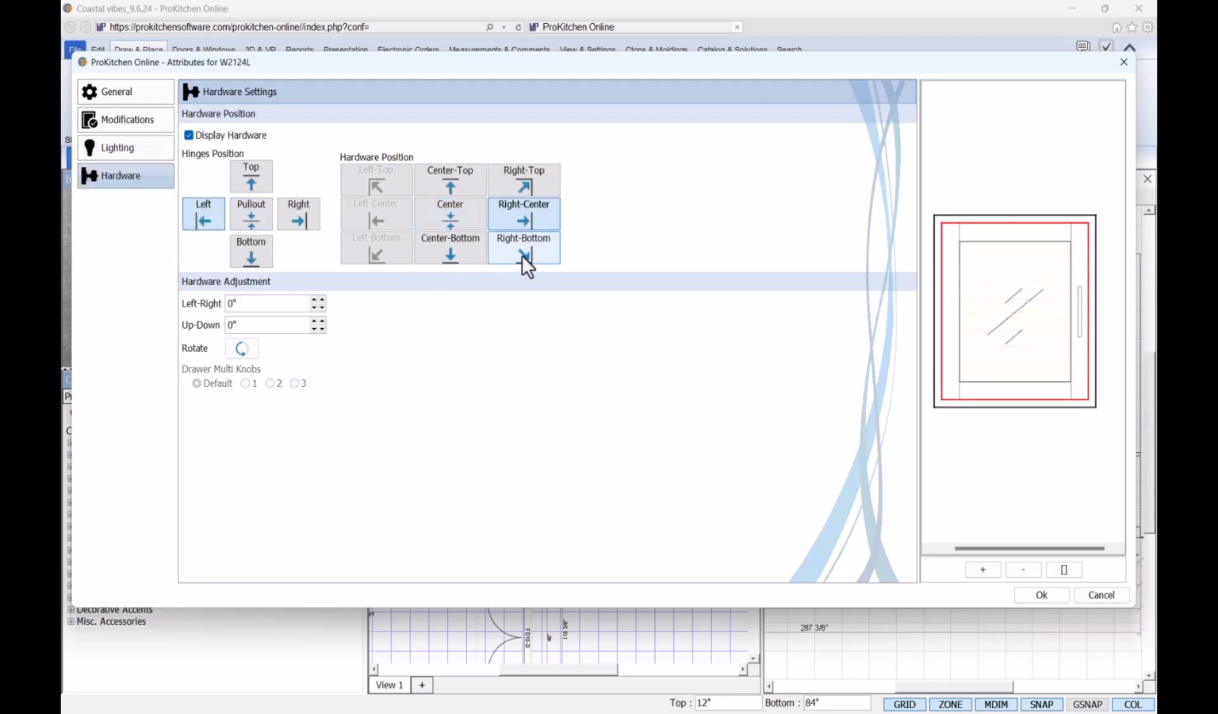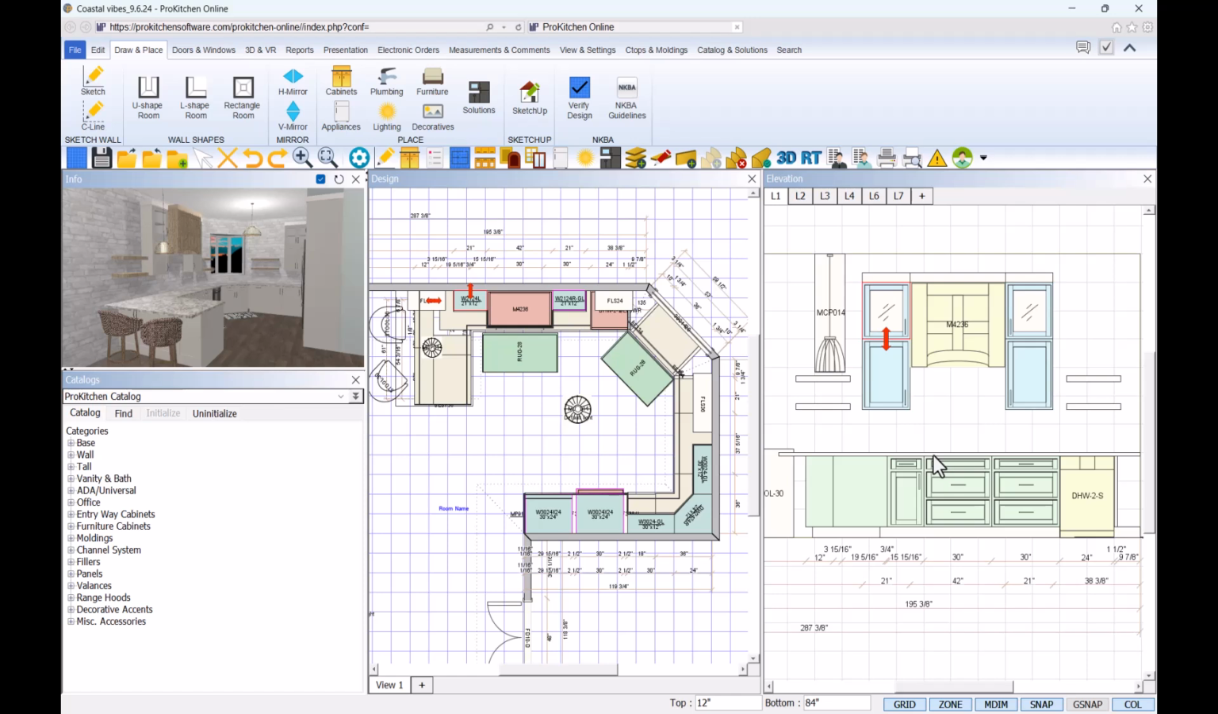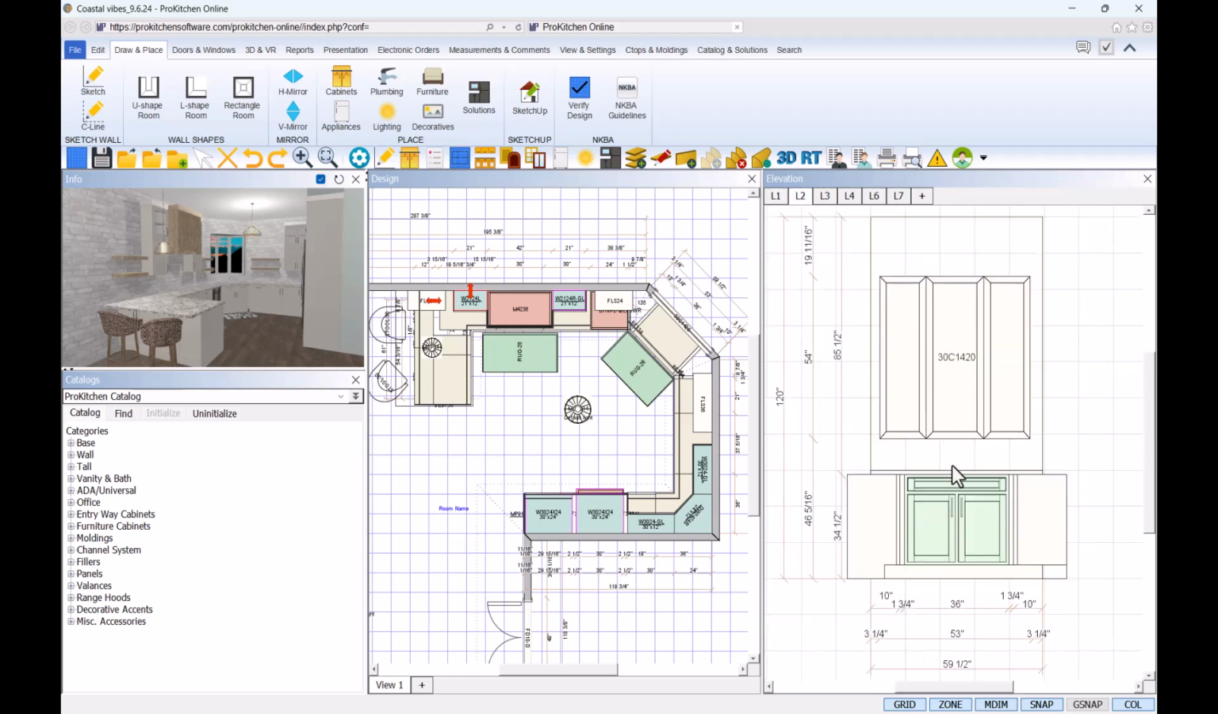Once all changes have been made to a cabinet within Attributes, navigate to the bottom of the dialog box and click the OK button to apply all the changes and dismiss the dialog box. Now that we have walked through what is available for wall cabinets, let's take a look at